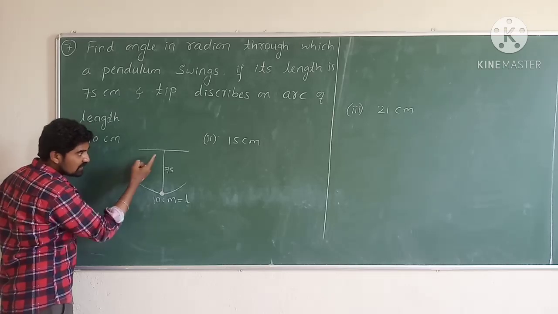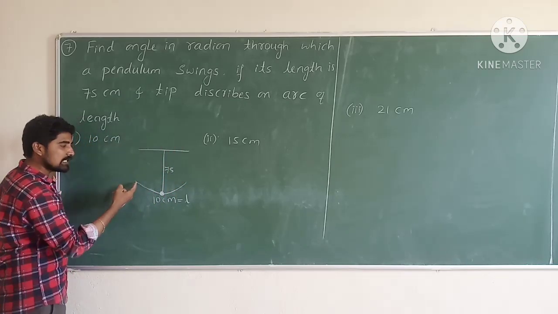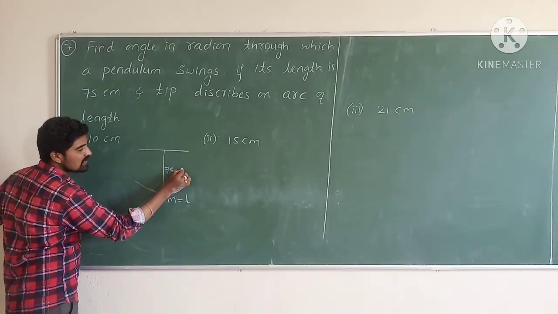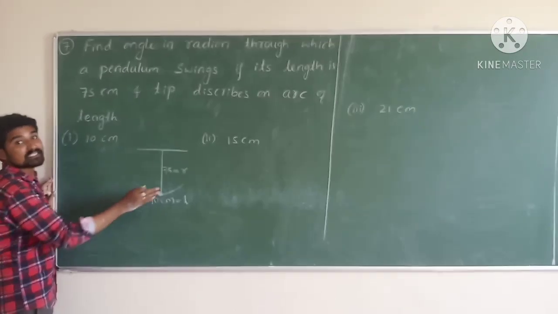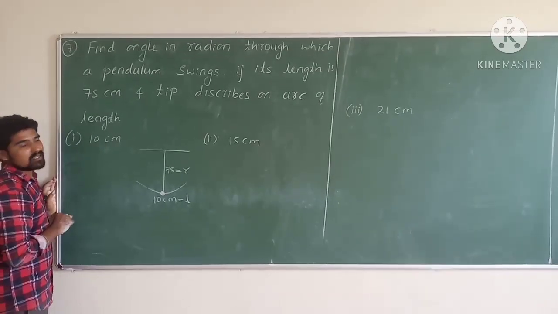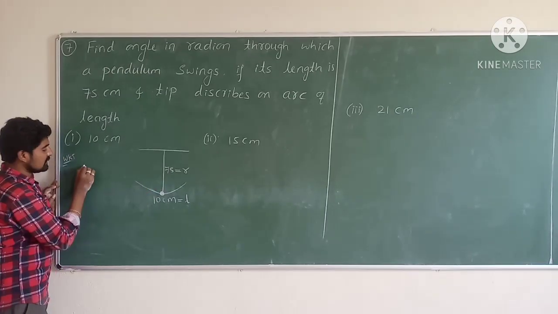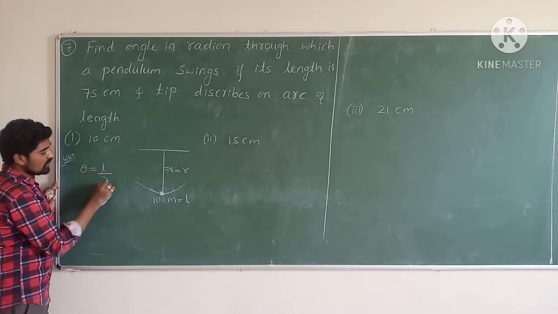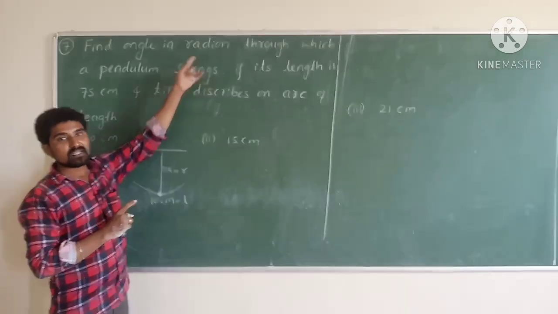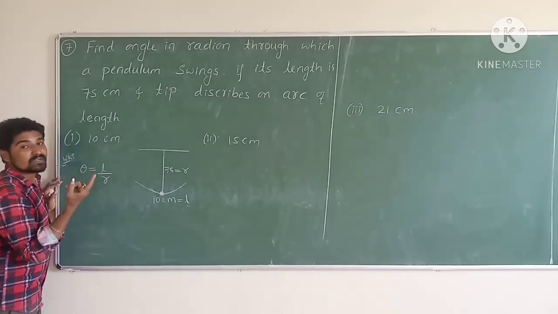It means if this pendulum makes a complete rotation, it looks like a circle. So this length is considered as the radius of the pendulum, or radius of the circle. We need to find the value of theta in terms of radian. We know the relation between theta, length and radius is theta equals L divided by R. But this theta should be in radian measure, so whatever value of theta you get from this formula should be in radians.